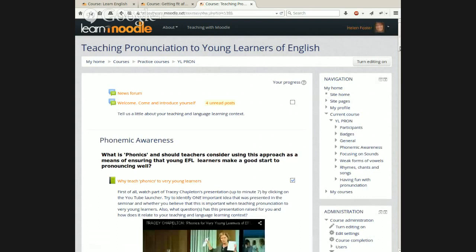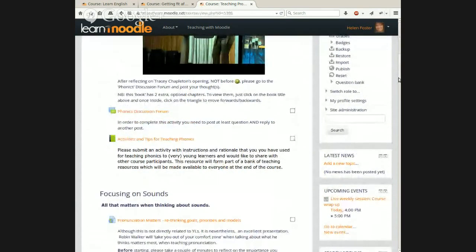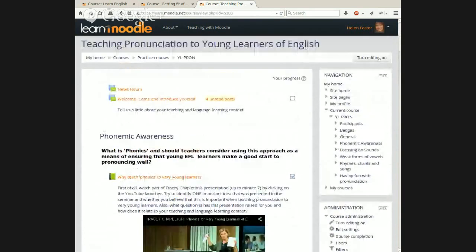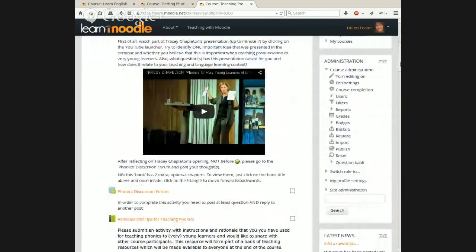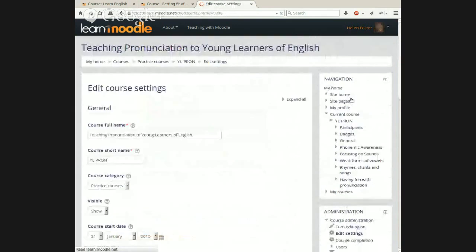Looking back at the course page again, I'm just going to scroll down. One thing to mention, if you're not going to use the news forum, then you can get rid of it. And also this latest news block, which doesn't look very nice if you don't have any news. So the way to get rid of it is if you go into your course administration, edit settings,